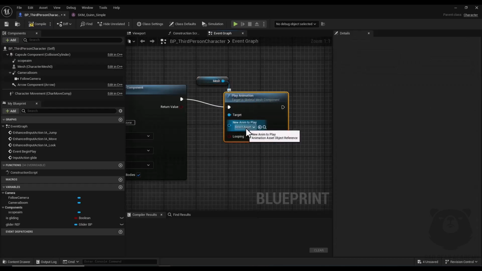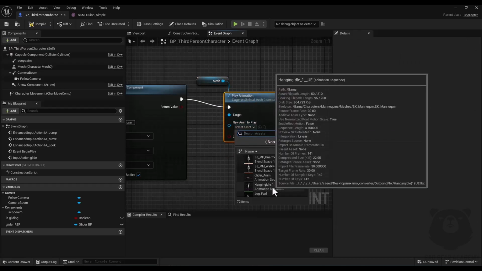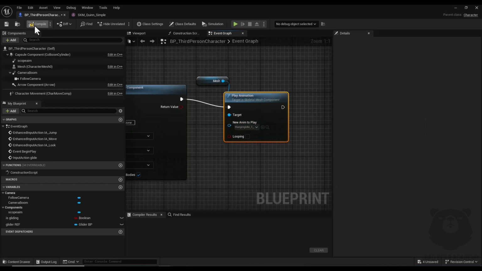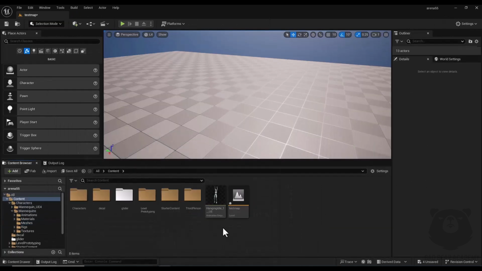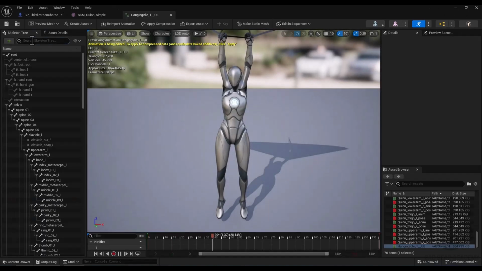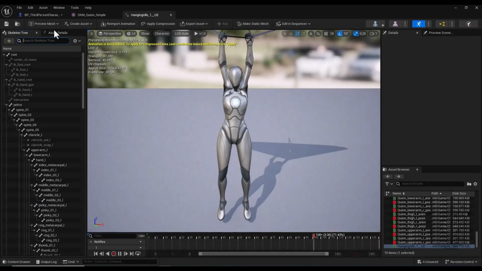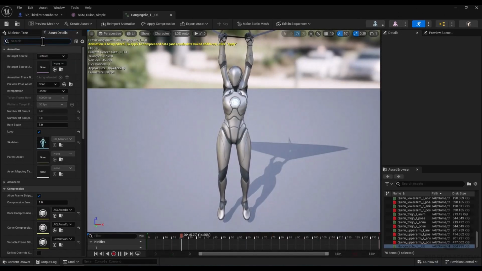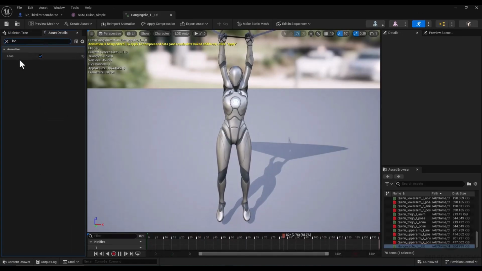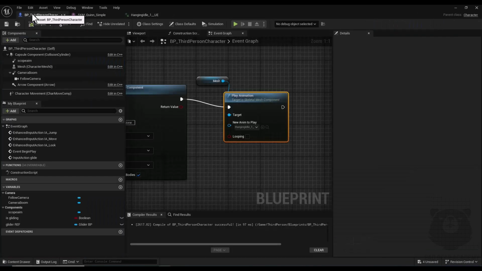And in this section I select my hanging idle animation, but make sure to set is looping to true. This loop should be true inside your animation asset. Alright,